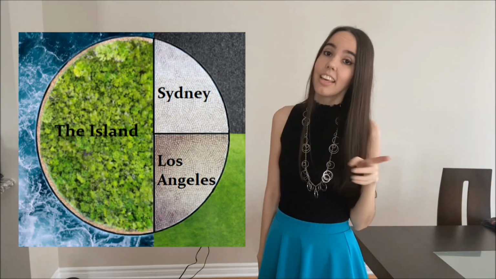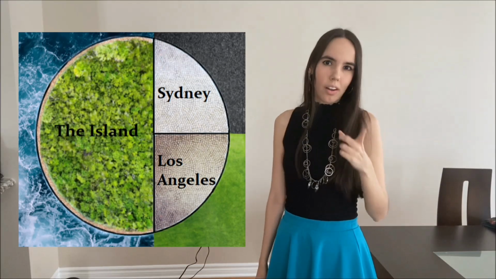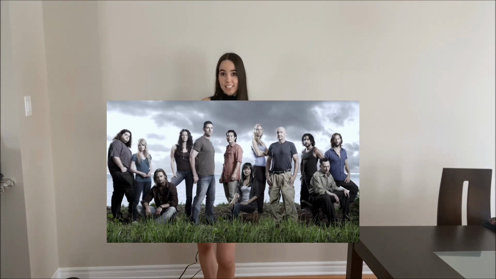The park is divided into 3 areas: Sydney and LA, in honor of the 2 cities where the flight A15 was supposed to fly from, and of course, the main part of the park is the actual island. Each area has specific rides and theming, obviously, that fit that particular place, which is what we'll be going through in this video. The concept for every ride obviously has to do with Lost, from the theming in the queue while you're waiting to where you exit the ride also.